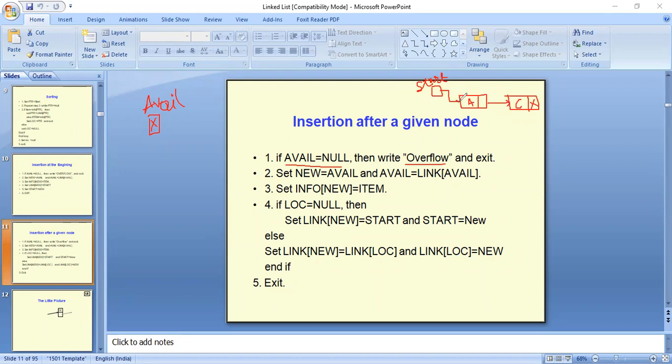So I want to add a new node here after A. If it is not a condition of overflow, that means we can have a new node from the AVAL. So I will be taking a new node from AVAL and